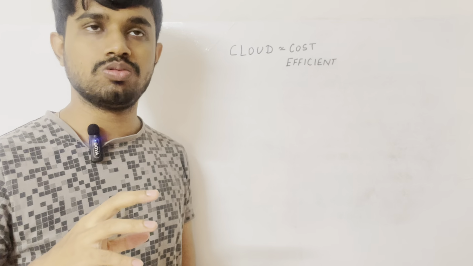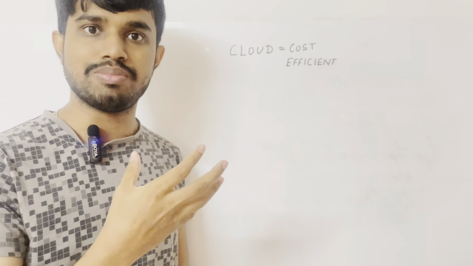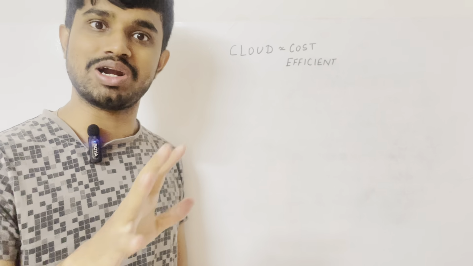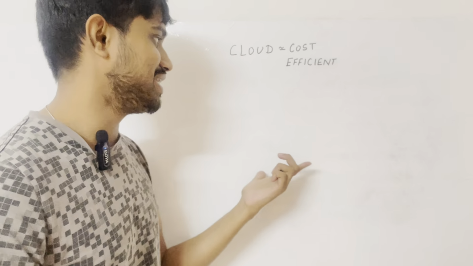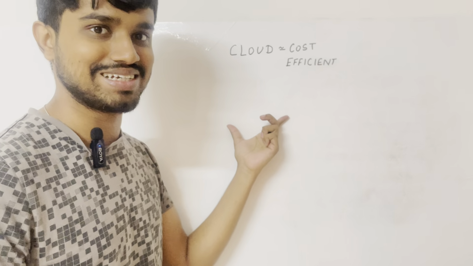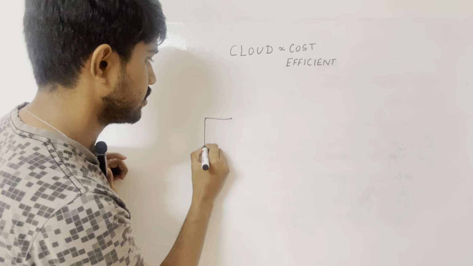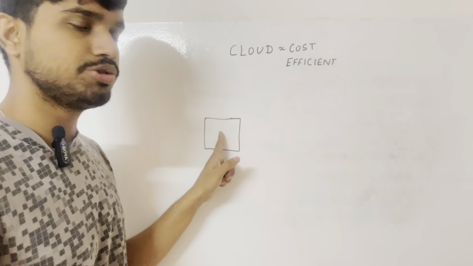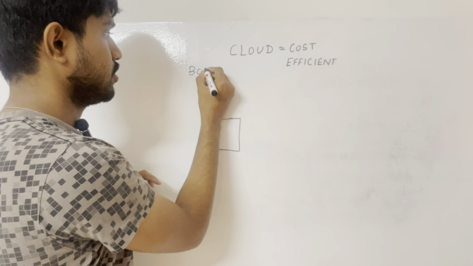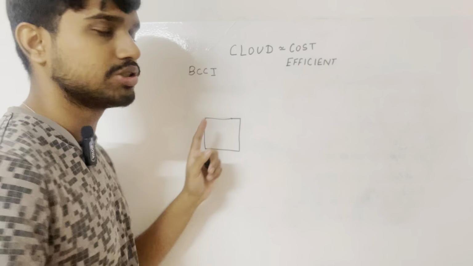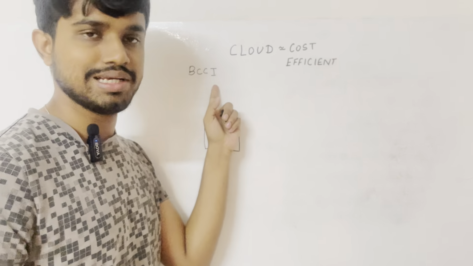So people who have some programs that are very closely related to that region, they buy a channel that is streamed only in that region. For example, you want to stream something like that, it doesn't have to be a local channel, you can start a national channel as well. For example, you have a small business where you want to stream data, so you went to BCCI, the Board of Cricket Council India, and then you got permission to stream that in your local region, right?